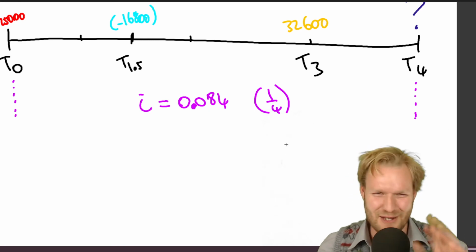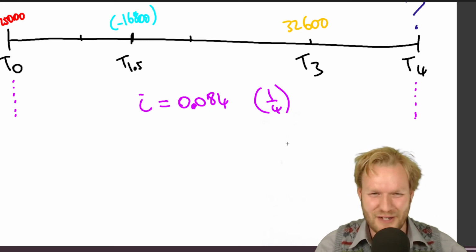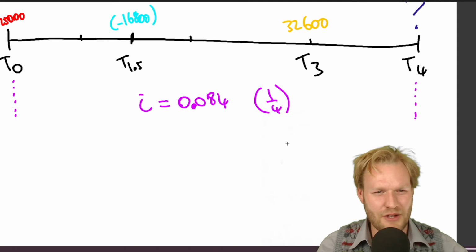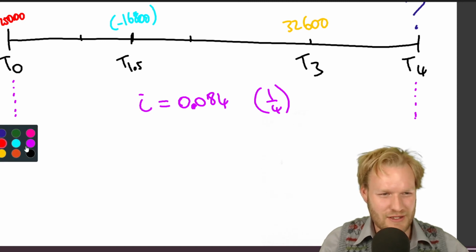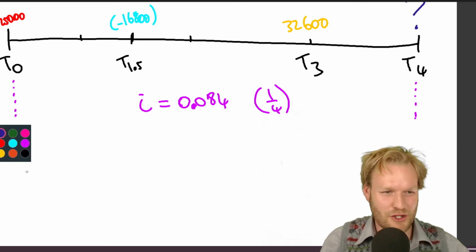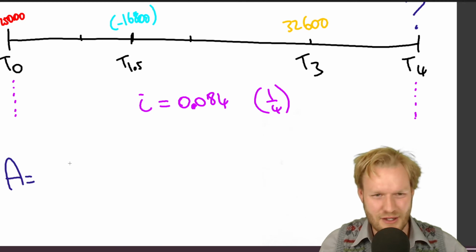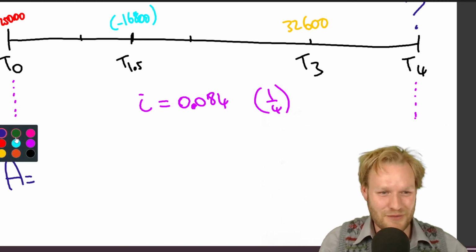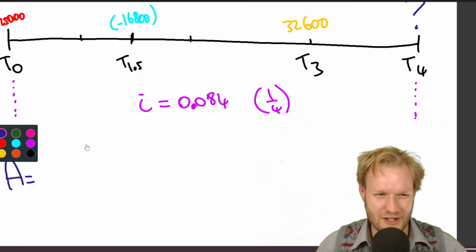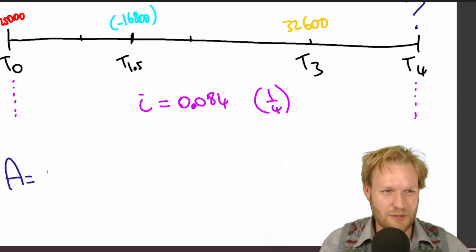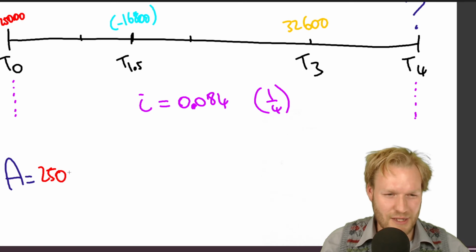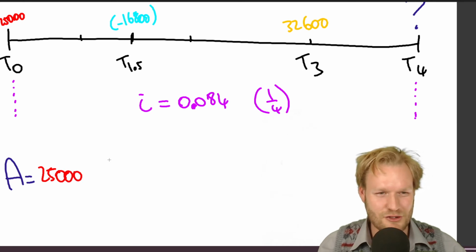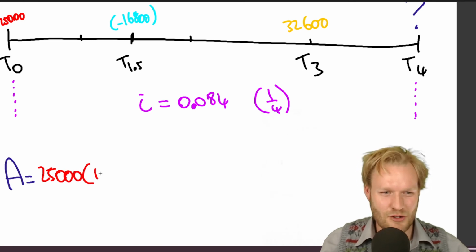Okay, so let's see. Pop it down and jot down your reflections on how you're feeling. I'm going to do it here and say, how much does this all accumulate to? A equals, I'll try and give myself a bit of space because this working out becomes quite long. It might end up being over 2 lines, but that's not ideal. So we're going to put in our 25,000. I just have to keep an eye on how many zeros. These are huge amounts of money. And we've got 1 plus